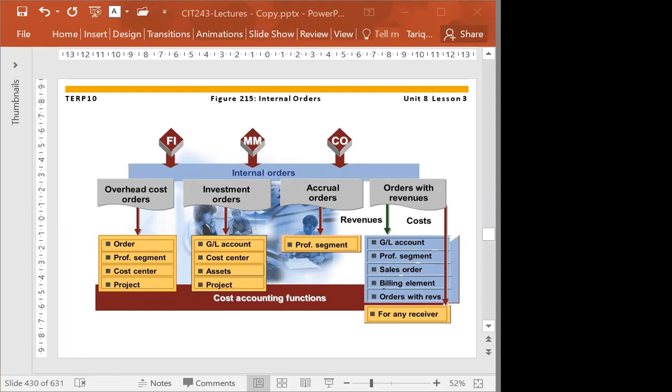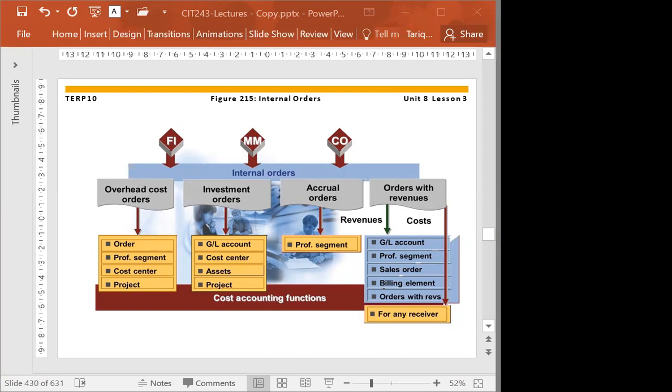The purpose is to collect the temporary cost that you can settle down at the end of the accounting period. So even whether it's an overhead cost or investment order or accrual order, the whole purpose is to collect the cost.